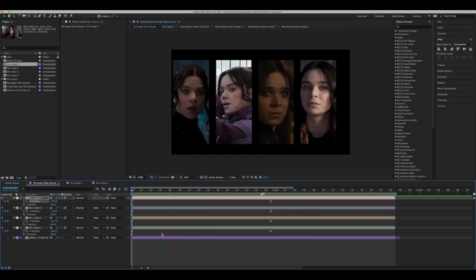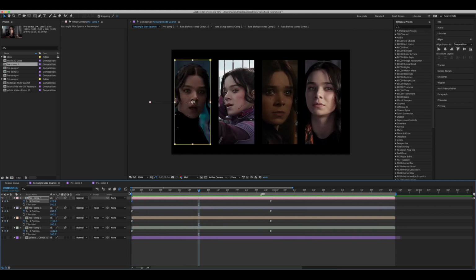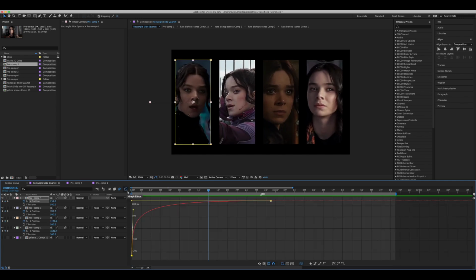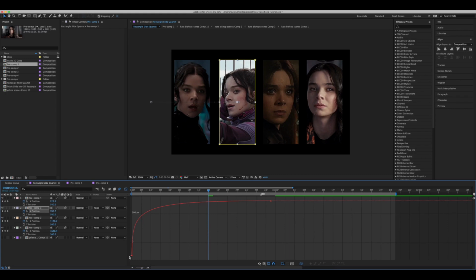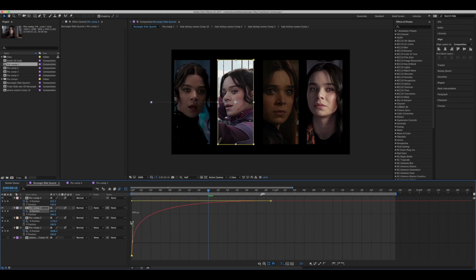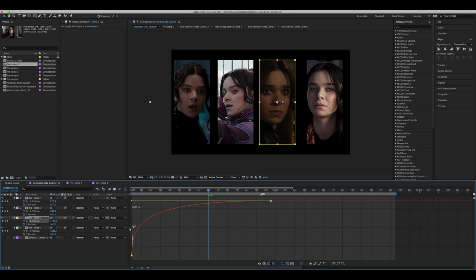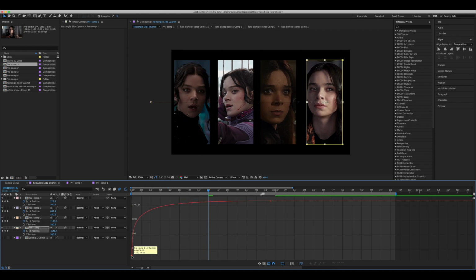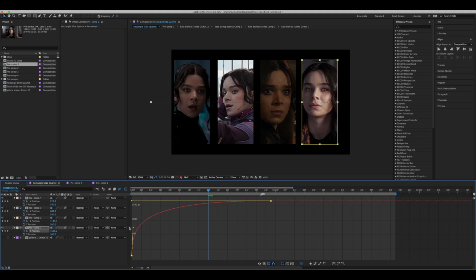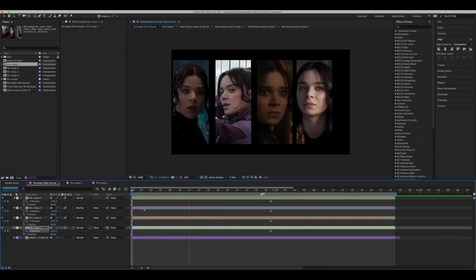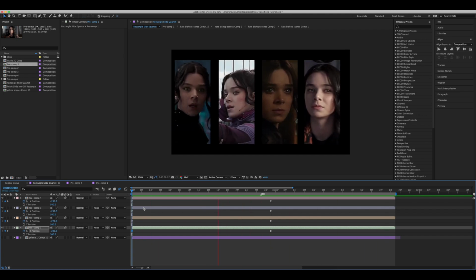Ta-da! I might actually slow it down a little bit. It's super fast, so I'm actually going to slow mine down. I'm going to pull these down a little bit and see what that looks like, just to roughly the same sort of distance as each other. Doesn't have to be perfect, I mean it's only going to be there for like 0.1 second, no one's going to know. There we go. A little bit more